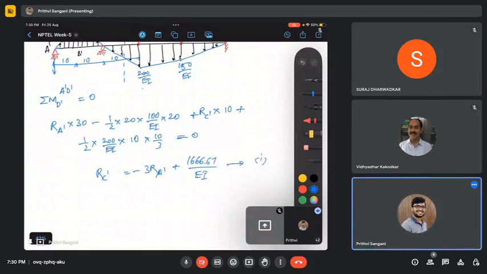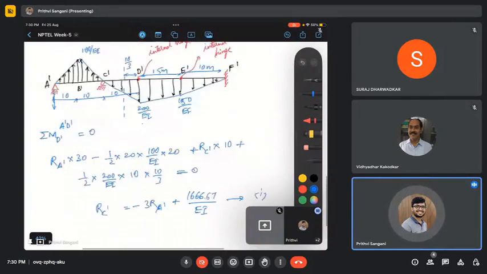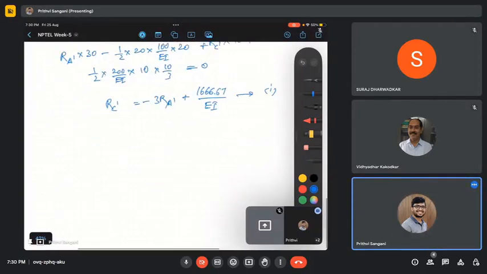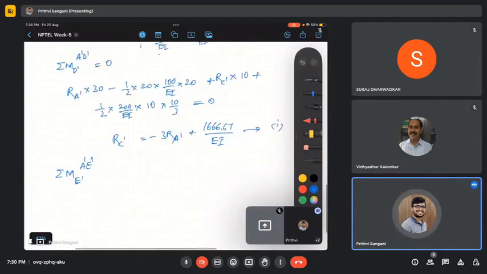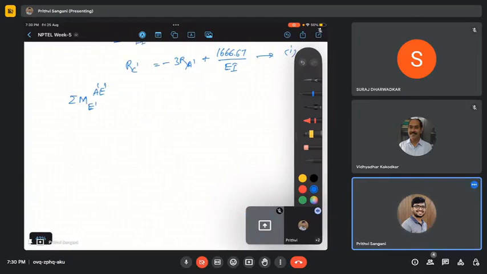Okay. Next, what is the other one? We can take moment about this as 0, which we have done already. We can take moment about this as 0, which is E dash. So let us solve that. Considering A dash E dash, that's what I mean. So it should give the moment about E as 0. That in that case,